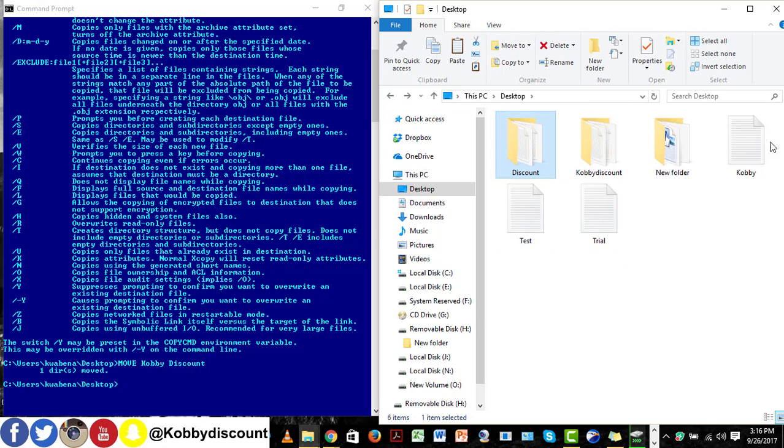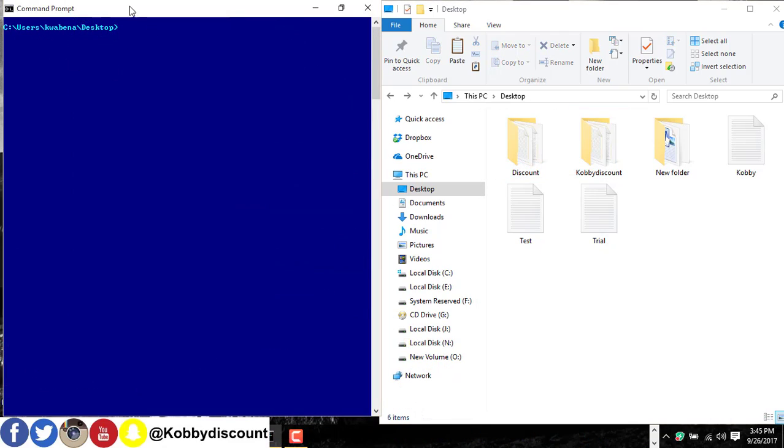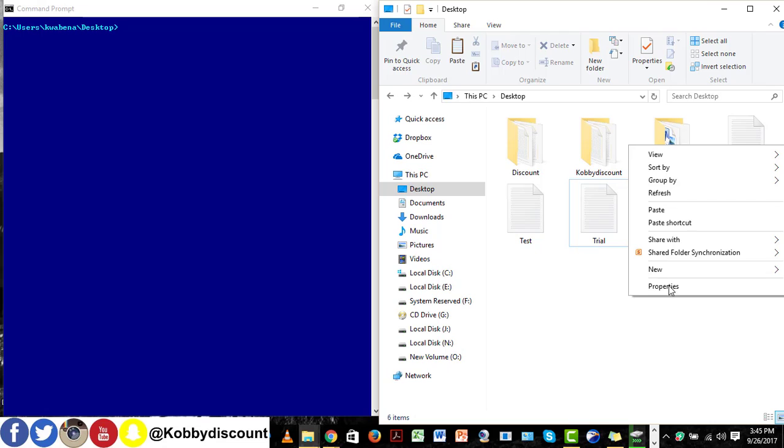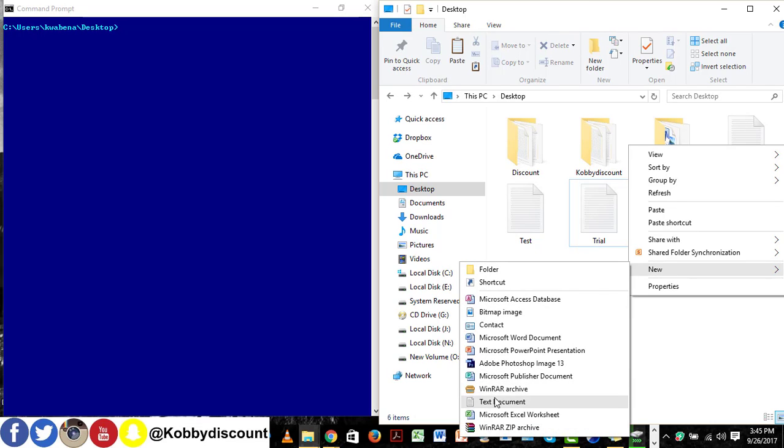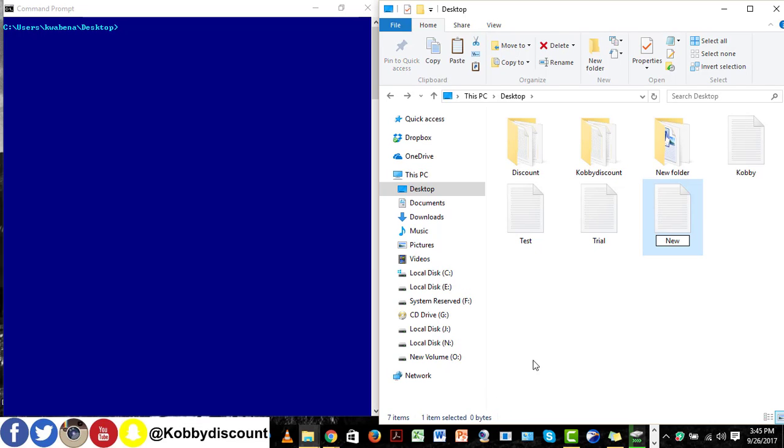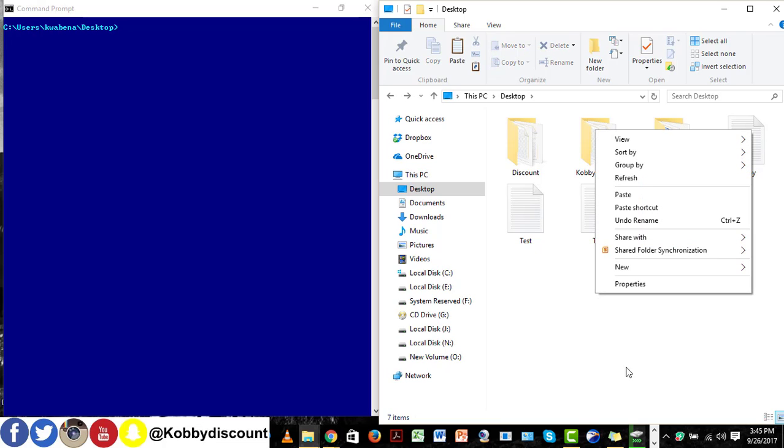Okay. Now let's move any of these files also into copy discount. As you can see, I've once again cleared everything here. Now let me create some new files here. Another one.